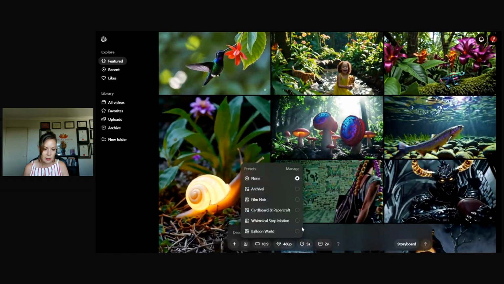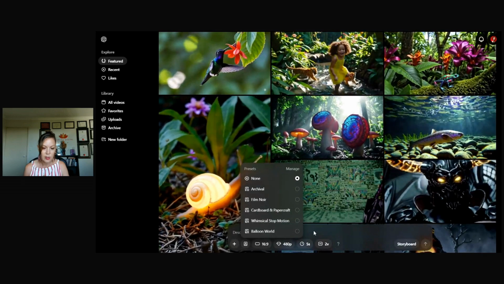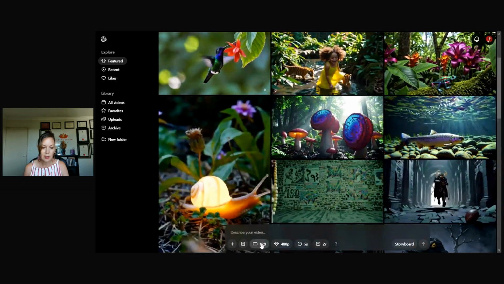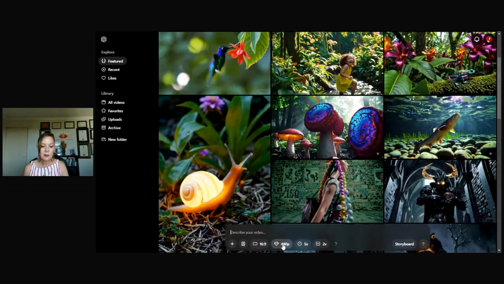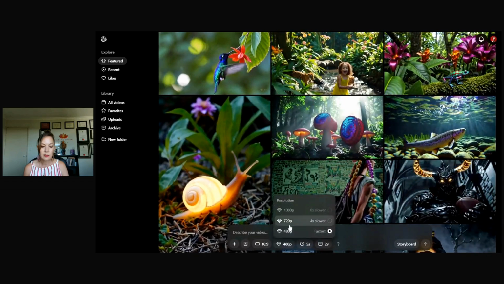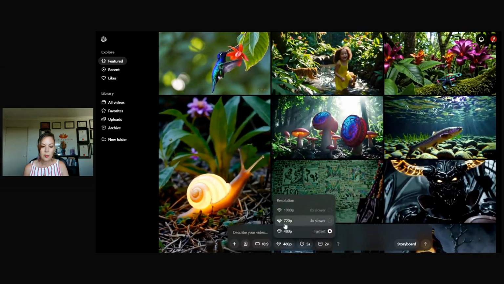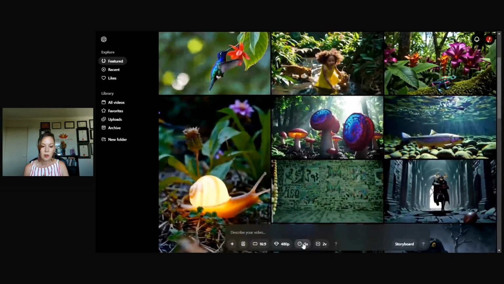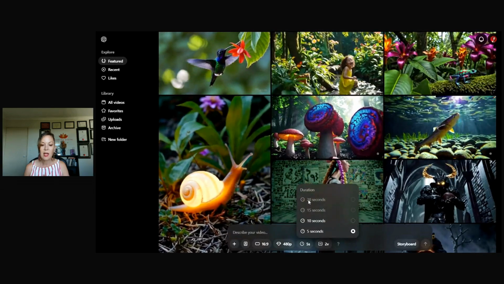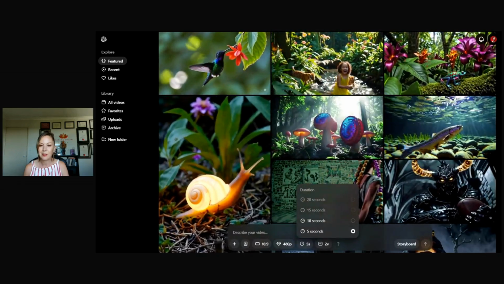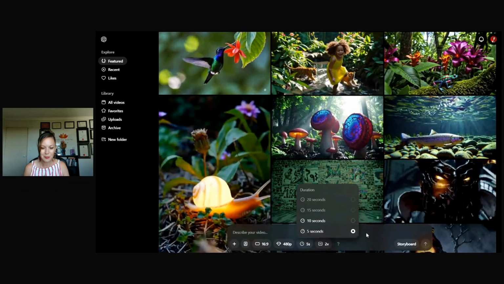You can put presets in there as well to pick what you would prefer and the style, the dimensions there. You can make the resolution higher or lower, and the length, so you can do 5 or 10. I think if you have the $200 a month subscription, you can go for longer there.